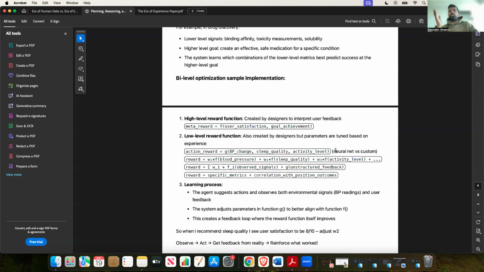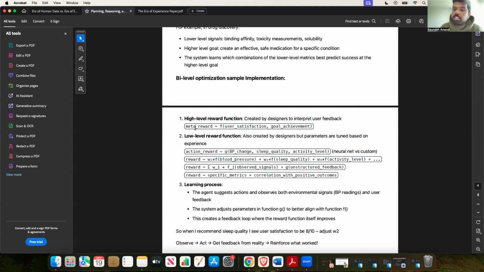There could also be cases where the experiential agent has to understand what the feedback means, right? So if it's getting the blood pressure levels and they are low, or the heart rate is low, there could be a sign where the human is not verbally giving the feedback. In that case, the experiential agent is supposed to automatically understand what the signal from the environment is. Right now, you could do it through a neural network, which will basically understand it, or in the case of Whoop or Fitbit, you can basically use these custom functions and not use a real neural network.